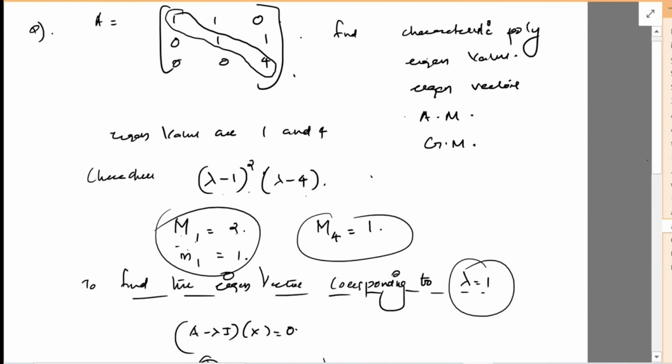In this example, the given matrix is an upper triangular matrix. So if the question is not an upper triangular or lower triangular matrix, first of all we need to find the characteristic polynomial by using the shortcut method, and then find the roots to get the eigenvalues, then to find the eigenvectors, solve the homogeneous system. So there are so many steps to get the eigenvectors of the given matrix. Okay. So have you understood it?